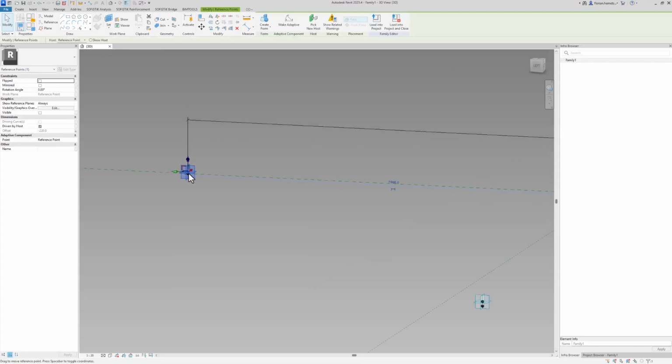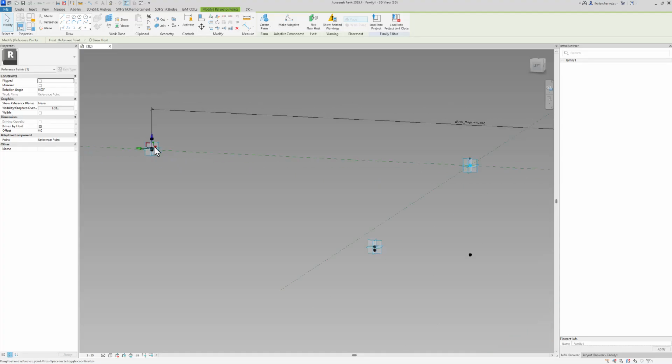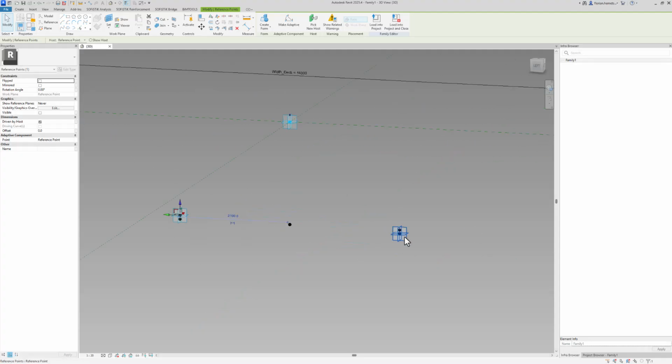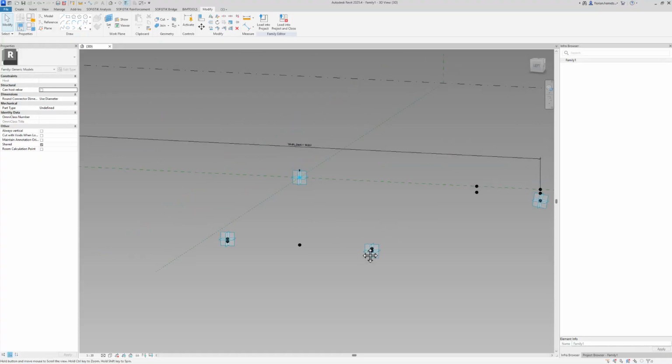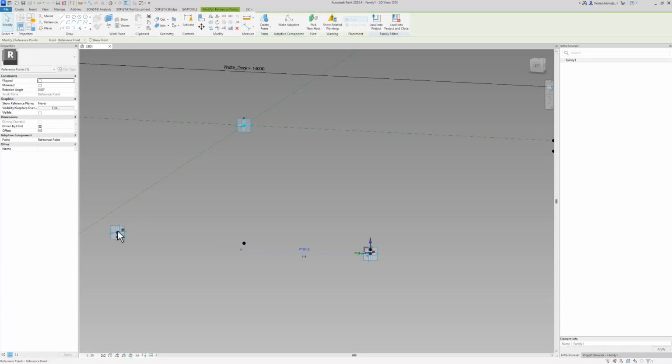And now I want to select all of them by clicking once on tab. You can see that no parameters are assigned. And you can select them easily. The bottom points should have a fixed 60-degree angle. So I select both of them and I assign a rotation angle of 60 to both. And I turn on their reference planes.